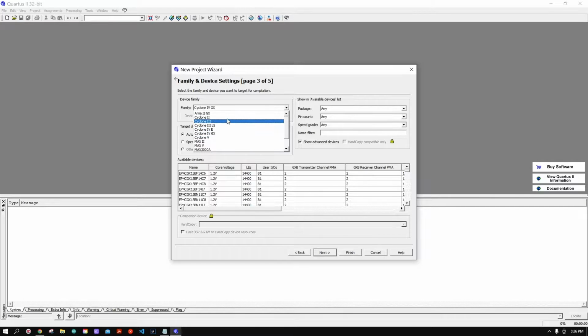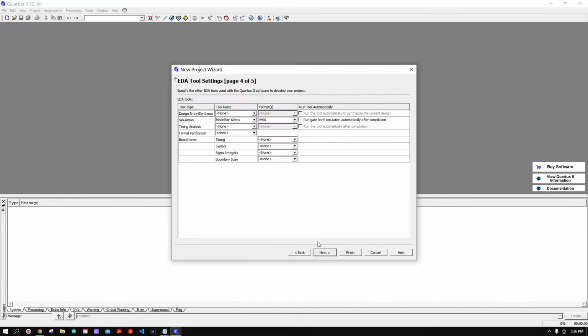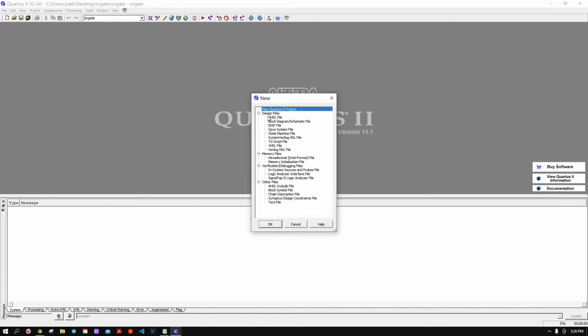Here I make sure that I select the right device, so I have Cyclone 2, and then I look at the box to find out the number that the chip has, and I select it from the list here. So I think that's the one I have. Press next, and just make sure they have Altera and VHDL selected, no big deal. We'll finish. Now create a new VHDL file,